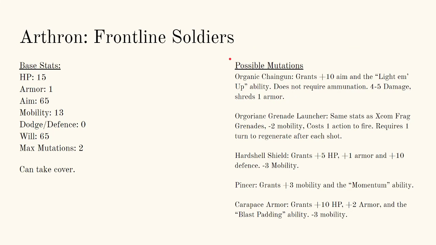Right, now the Arthron are these crab things. They look like walking crab monsters. I should have added screenshots here, but I didn't. Yeah, the basic Arthron, however you pronounce them. Their base stats are HP 15, 1 armor, 65 aim, 13 mobility, no dodge, no defense, 65 will, and max mutations is 0. They can't take cover. And the possible mutations are organic chain gun, plus 10 aim, light 'em up ability, does not require ammunition,